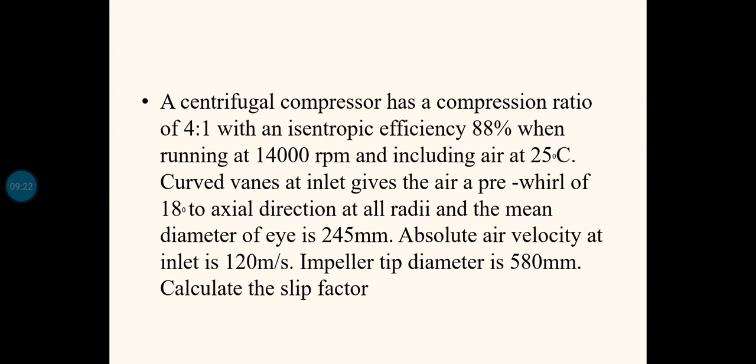Tip diameter of the impeller means outer diameter of the impeller, that is D2, equal to 0.58 meter. We want to calculate the slip factor. Now the given quantities, as I have already told, are P2 by P1 equal to 4, isentropic efficiency equal to 0.88, N equal to 14,000 rpm, T1 equal to 25 degrees, that is 298 Kelvin,